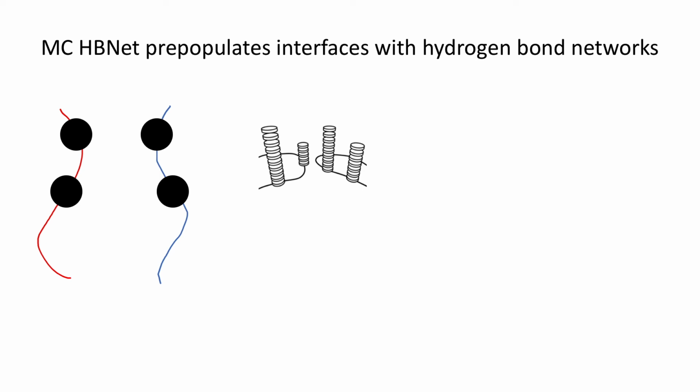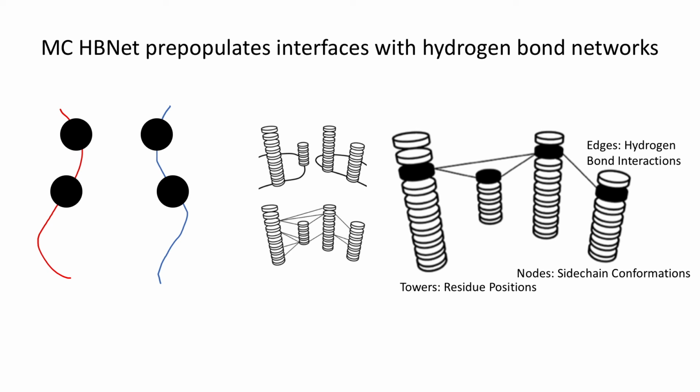And these nodes can span multiple amino acids. Mutations can be introduced in HBNet. You might have a few serine, threonine, and arginine all in the same residue position. And then you create edges between nodes that represent different positions but form hydrogen bonding partners. So these 2 nodes that have an edge, they both represent side chain conformations that form some sort of hydrogen bond. And the goal is to find some connected component in this graph where